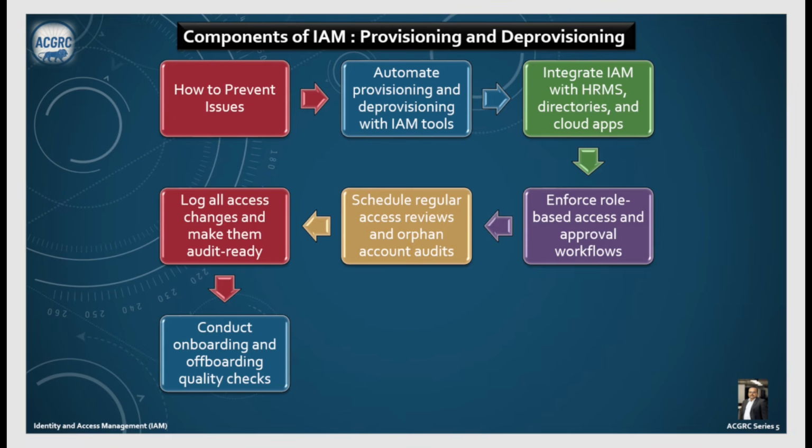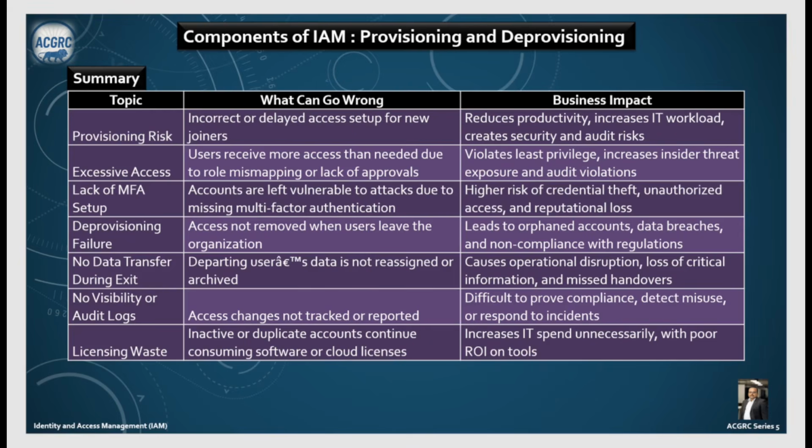Now, how can we prevent it? What are our potential opportunities? Starting off, you can automate provisioning and deprovisioning with IAM tools. You can integrate IAM with HRMS, directories, and cloud apps. You can enforce role-based access and approval workflows. You can schedule regular access reviews and orphan account audits. Log all access changes and make them audit ready, and conduct onboarding and offboarding quality checks. In summary,